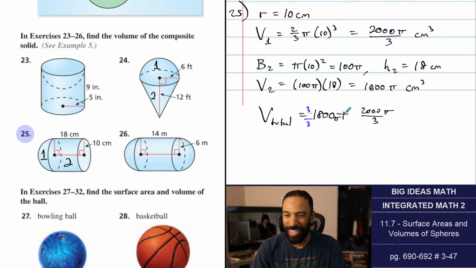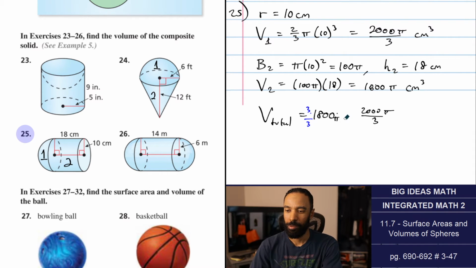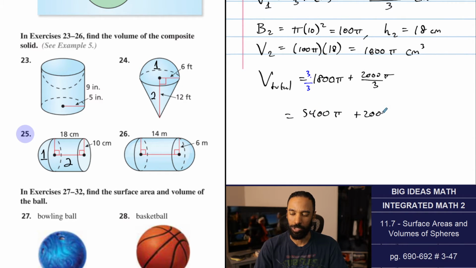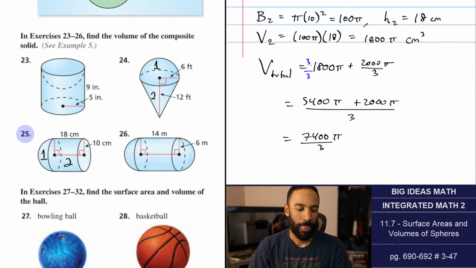Oh, I'm missing pi. That's a plus. My pi is looking like a plus these days. So 1,800 pi, because these should be able to combine once I get a common denominator. So that's going to be 5,400 pi plus 2,000 pi, all divided by 3, which is 7,400 pi divided by 3, which you can't divide evenly by 3, but when I divide it by 3 and multiply it by pi,